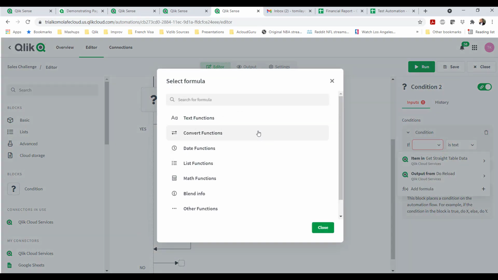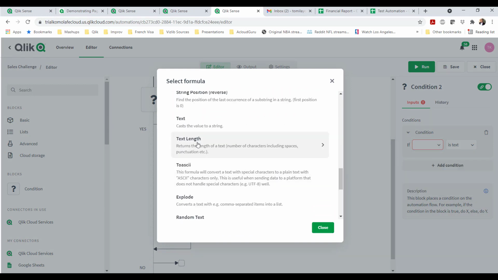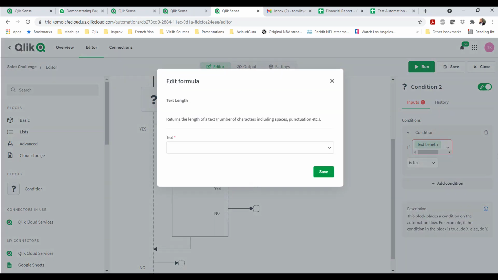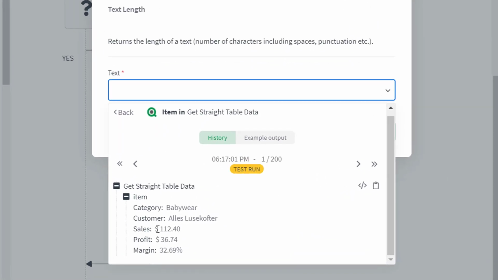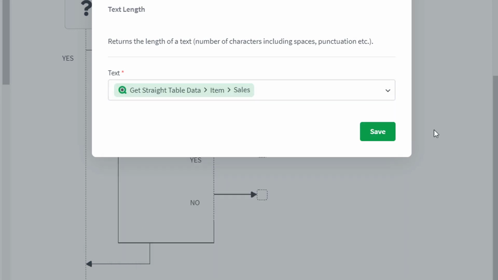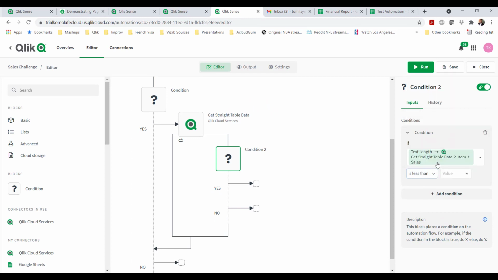I can come into this text and compare the length of the text of the sales. And the way it counts, it's 1, 2, 3, 4, 5, 6, there's a space here, 7, 8. So I want to say if the length is less than 9,